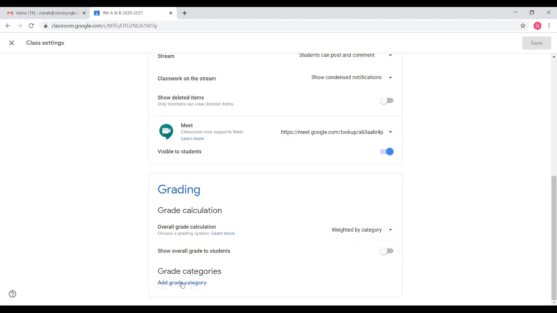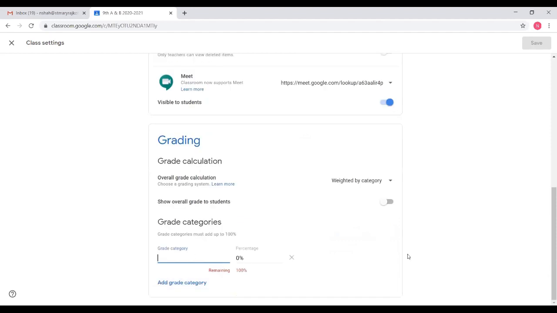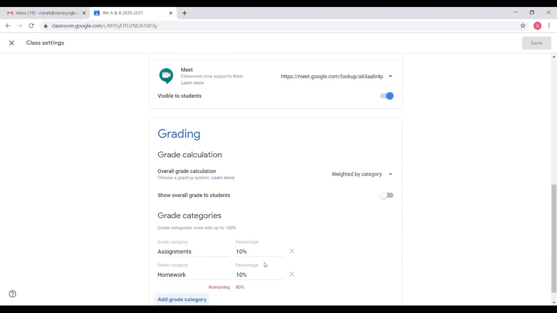Add grade category. Click on that, and the first category we write as assignments, and the weightage is 10%. Another category, classwork, or rather homework, again 10%.